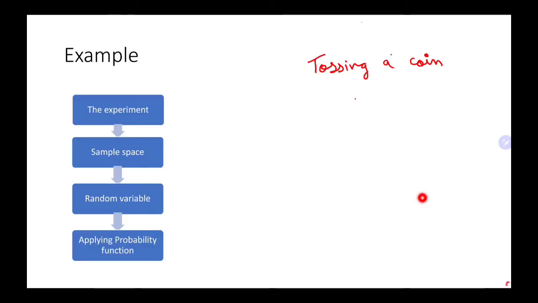Now let's understand this using an example. Here, let's take the experiment of tossing a coin. So we are done with this. The next thing we need to do is identify the sample space. How do we identify it? We know when we toss a coin, we either get heads or tails. So if S is the sample space, then there are only two events. One is getting heads, let's denote this by H. And another is tails, and let's denote it by T. Now we are done with the second step, which is identifying the sample space.